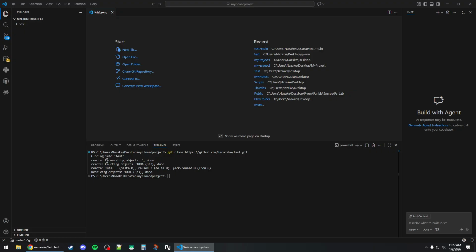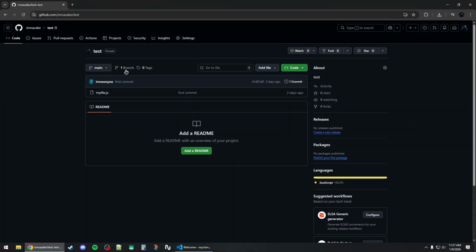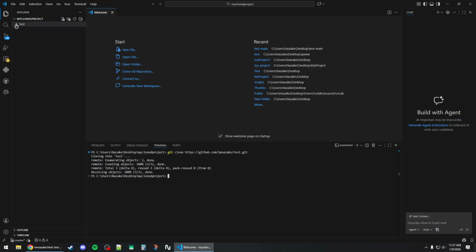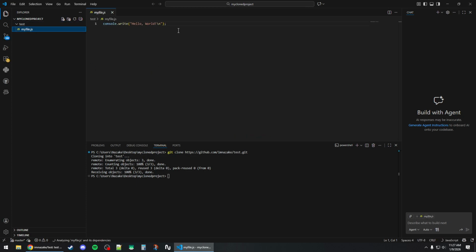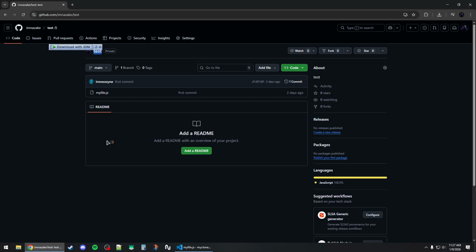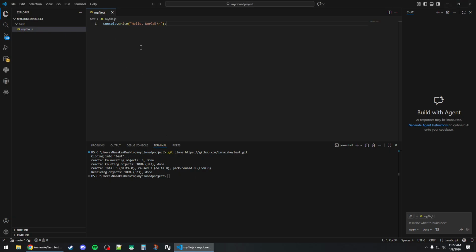Now once it's done, you should see a folder appear here as the same folder inside the repository, or with the repository name if it doesn't have any folders. In this case it's test. If you expand it, you should find our file that got cloned from the repository, and then you can start editing your file and adding new files and committing and pushing